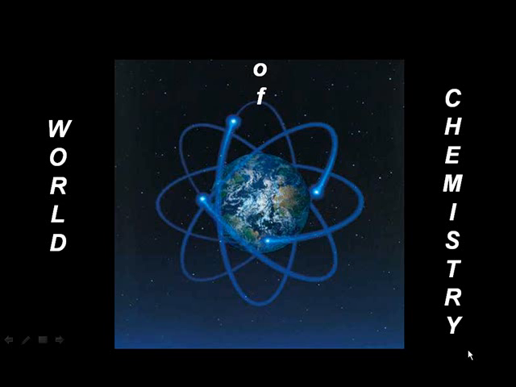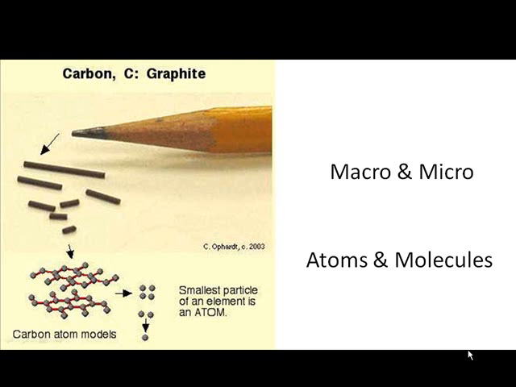Right, so let's take a look now as a general overview into what chemistry is really all about. What we're trying to do here is what is referred to as a macro to micro. And what that simply means is material that we're familiar with, such as a pencil, has certain properties to